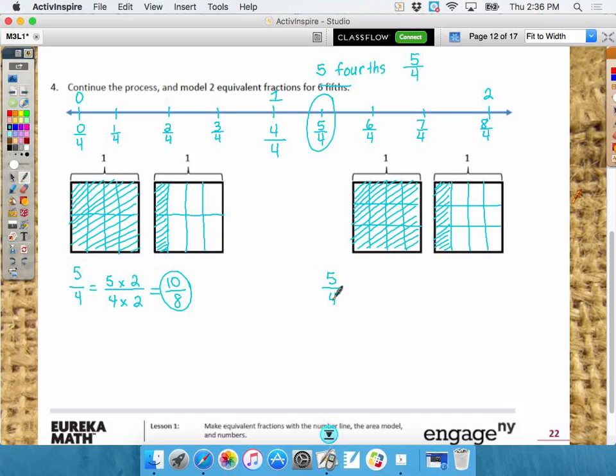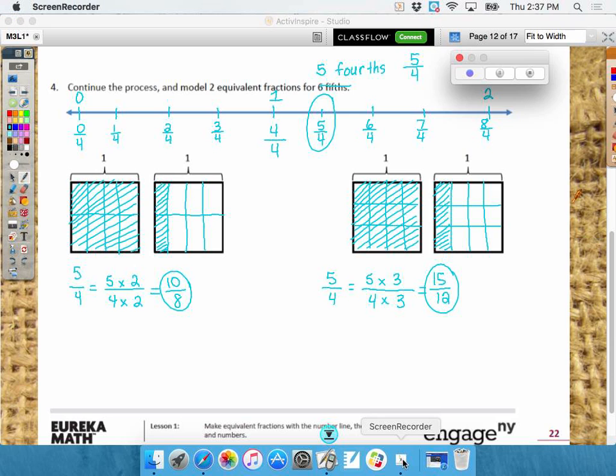Okay, so 5/4 times what number, class? 3. The number of rows we made, so it's 3, equals 15/12. Okay, real quick, I'm going to give you directions for your